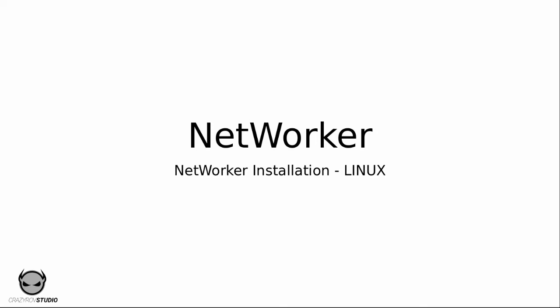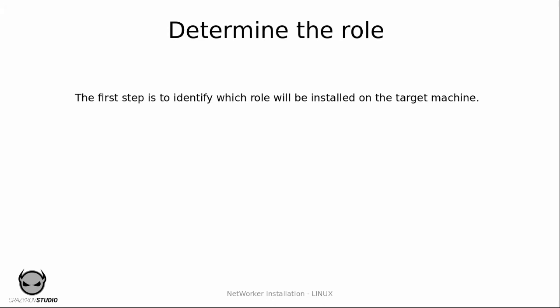So just for your information, starting with Networker 9 and onwards, Networker server can be installed only on Windows or on Linux x64 platform. If you have been following this video series, we have spoken about the different roles within Networker, being the client role, the storage node role, and the Networker server role. So depending on what role is being installed on a particular system, the respective binaries are to be installed on that system. Let's go ahead and check what are the binaries for each of the roles